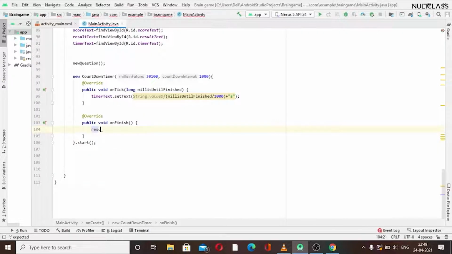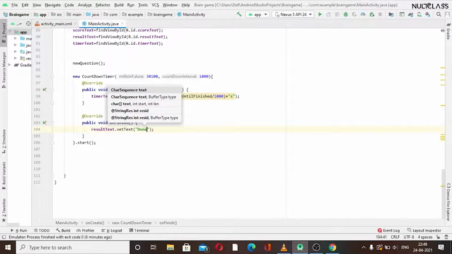So we will set the text in our result text view, resultText.setText, and inside of that we write Done. Let us put an exclamation sign here. Now I think we are done with this.